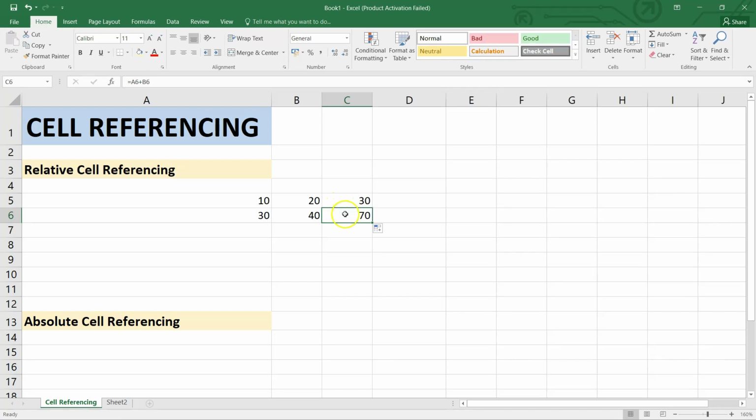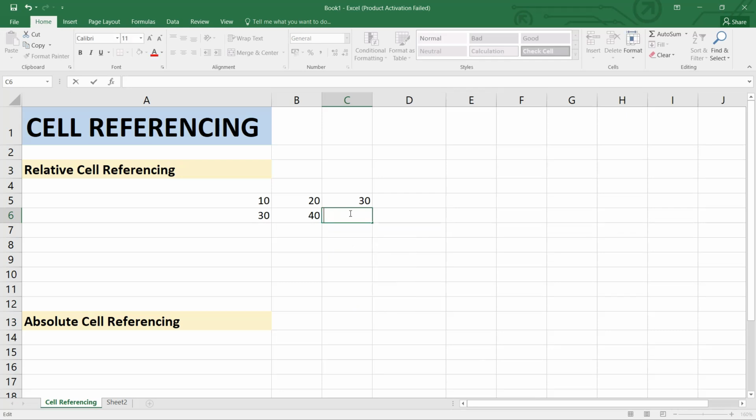Why? Because here Excel automatically changed the cell reference. The row and the column numbers automatically changed as you copied the same formula to the next cell. Depending on the procedure you have used, it will change the formula accordingly, and this is how Excel behaves in a default setting. It is usually useful when we want the same formula applied to many rows or columns. So it is a very handy and a very beautiful tool.